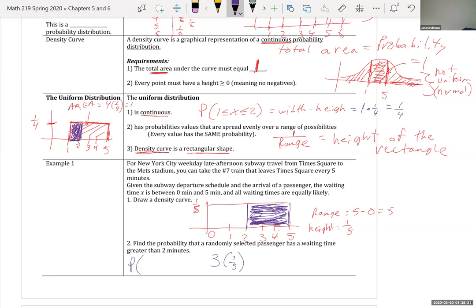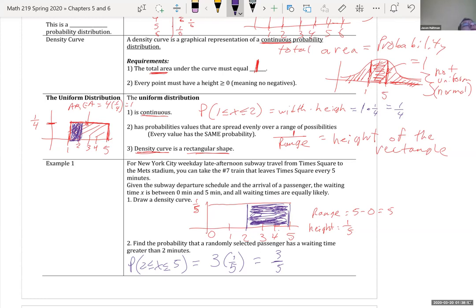So we say the probability that X is going from 2 to 5 is equal to 3, which is the width that we're looking at, times the height. 3 times 1/5, which is 3/5. So the probability of getting on a bus between 2 and 5 is 3/5, which should